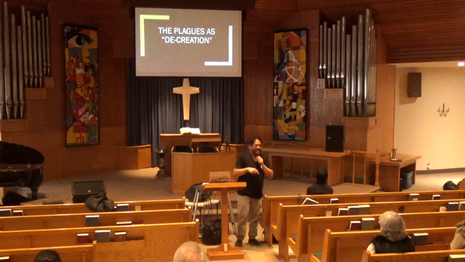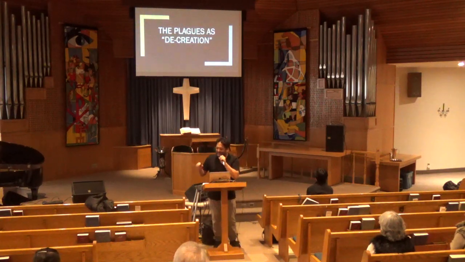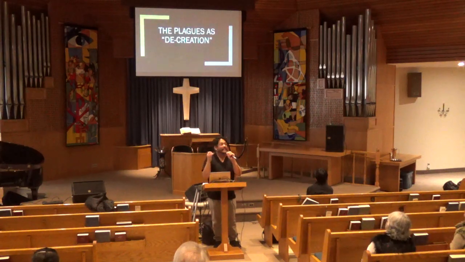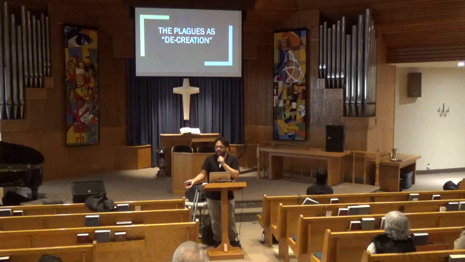So when you look at it, we talked about creation earlier, and then we talked about this destruction that happens here in Egypt. If you look at it, these plagues, it's some sort of a decreation. When you look at the week of creation, this brings everything back, and there's no vegetation. The land is laid waste. There's nothing left there. And the very last thing before the death of the firstborn was darkness. Darkness in Egypt and light in Goshen.